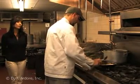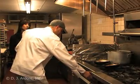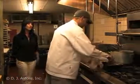What's in that truffle butter? It's truffle essence. There's black truffle shavings, white truffle oil, a little bit of olive oil, and a little bit of salt. Okay. Now to make this at home,